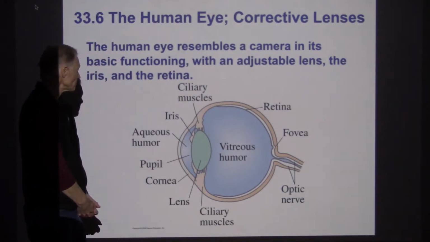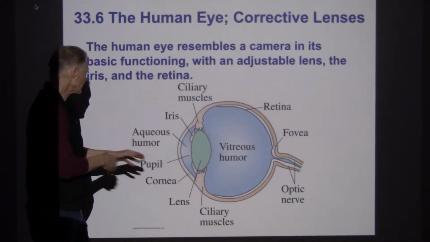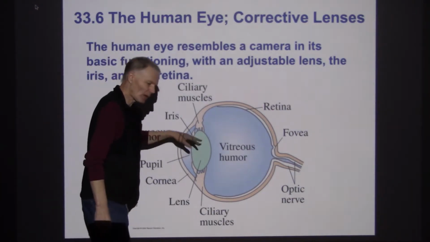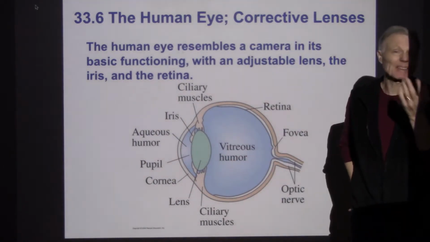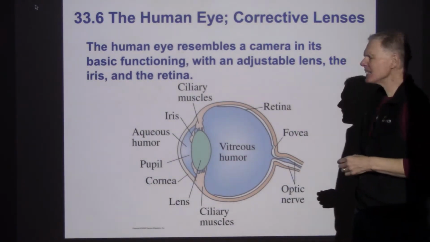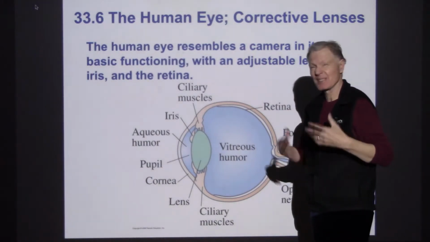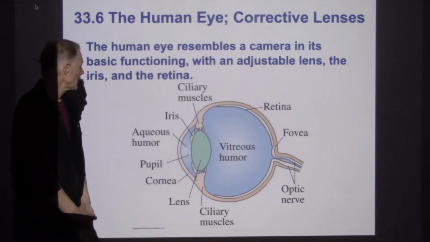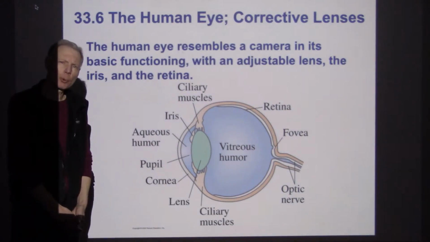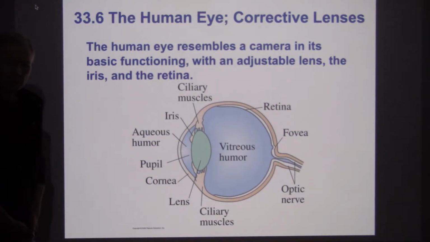Now, very quickly, I guess, when I was a kid, I had to have corrective lenses. I actually needed the corrective lenses like when I was in the second grade. By the time I was in the second grade, I needed corrective lenses. But I actually didn't get them until I was in fourth grade. And that happened because